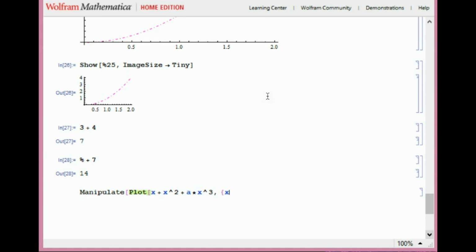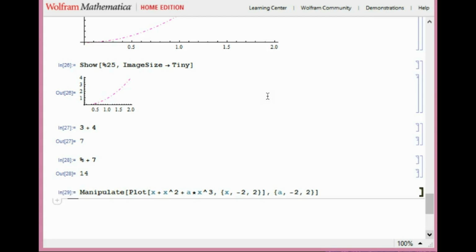So we'll take x from maybe minus 2 to 2. So that's what we want to plot, but of course it's not specified properly because we've left this parameter here unnamed. So we'll change this parameter from, say, minus 2 to 2,